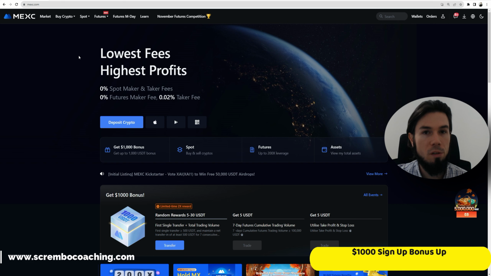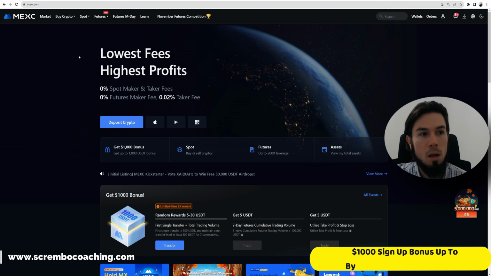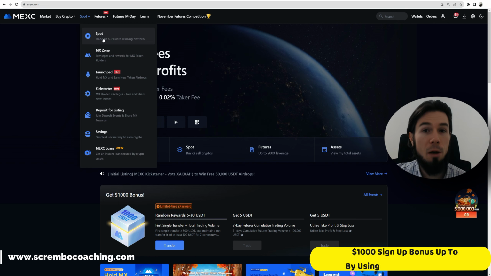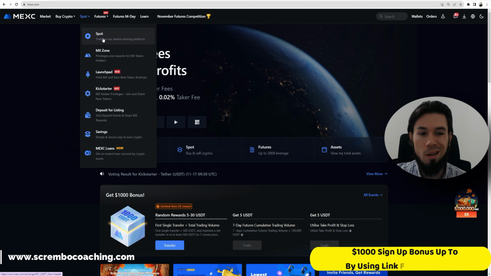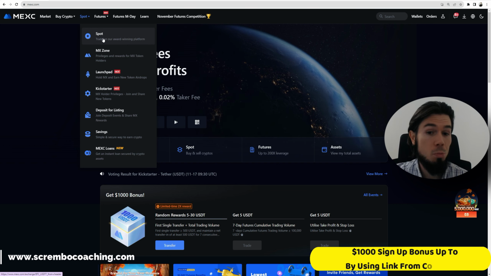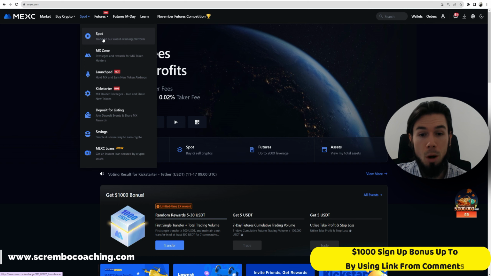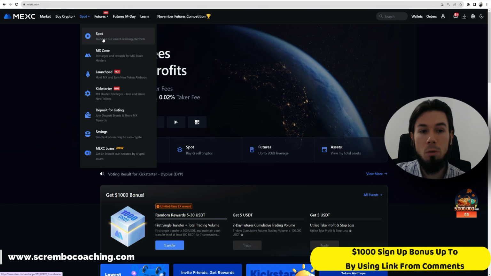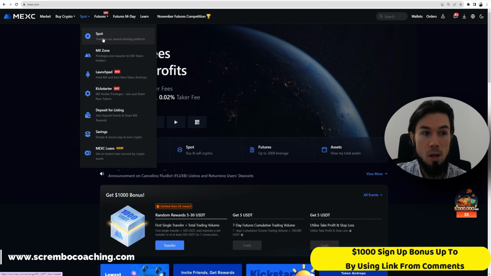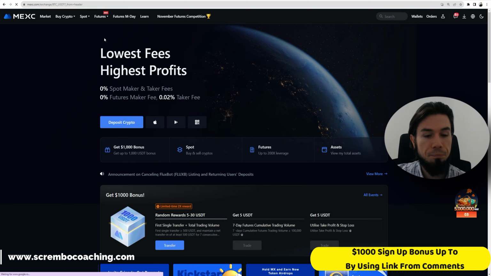So top left corner, once you're on the official page and you have logged in, there is the spot. This is how you buy cryptocurrency through spot trading and how you can exchange between cryptocurrencies. It is not actually the way you buy cryptocurrency from fiat to crypto, but it is between crypto to crypto, the way people exchange. So we go to the spot,